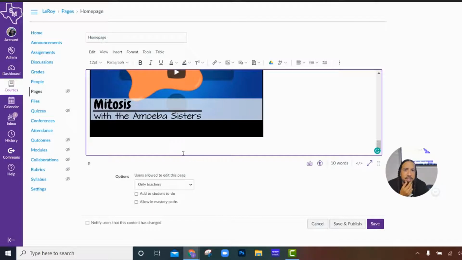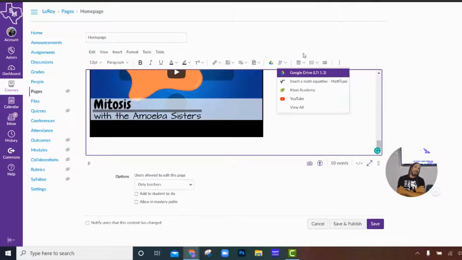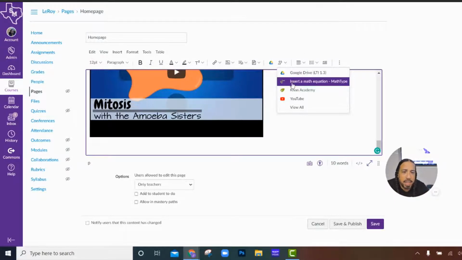Okay, another feature or another external app that I want to show you is the math type. I know that especially at the secondary level, whenever you're trying to create a math equation in a typing program, it can be a little difficult. But the cool thing is that Canvas has a math type app right here that can really be useful. So if I click right here,